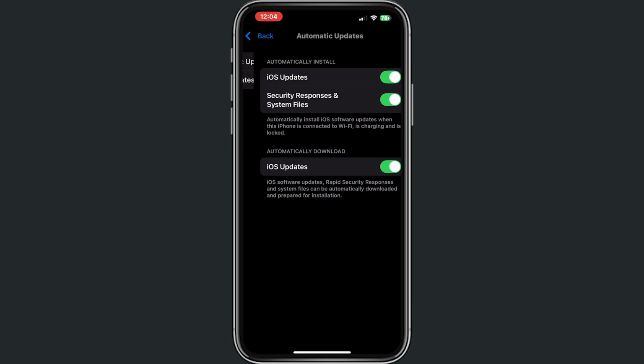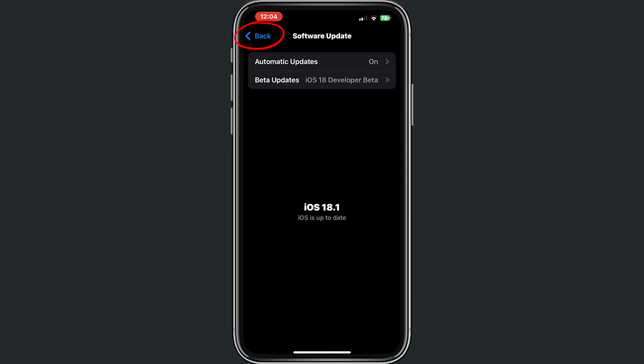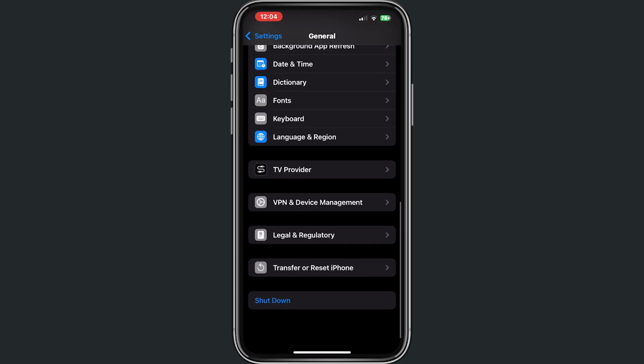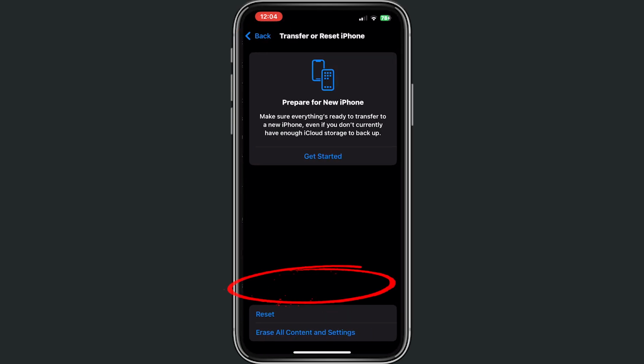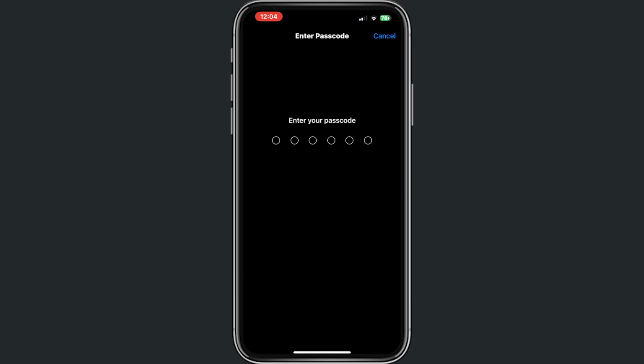Alright, the other way, so the second solution, is go back, scroll down and click on Transfer or Reset iPhone. Then from here click on Reset and then click on Reset Network Settings. Keep in mind, this is just your network settings, not other files on your phone. It's just about your Wi-Fi or your mobile network. Fill in your passcode, and once you did that, you go back,